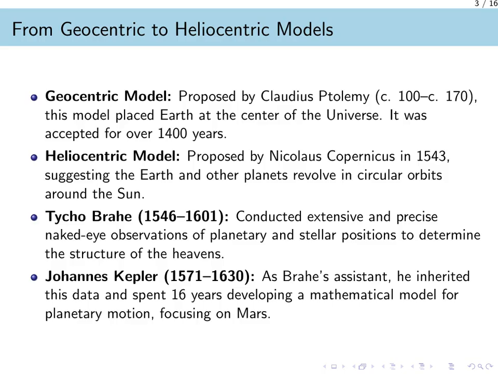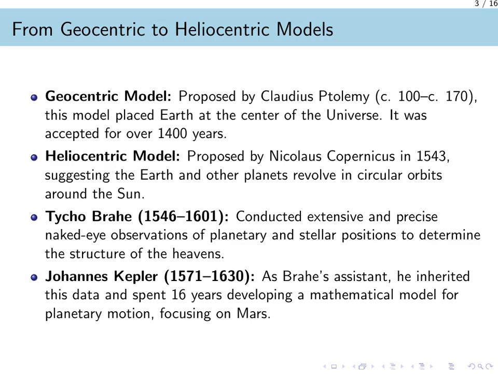The critical next step required moving from philosophical models to precise, data-driven science. This was the contribution of Tycho Brahe, who, without a telescope, compiled the most accurate and comprehensive astronomical observations of his time. After Brahe's death, his assistant, Johannes Kepler, inherited this invaluable data. He spent years performing meticulous calculations to find a mathematical description that fit the observations, especially for the orbit of Mars. This painstaking work of matching a mathematical model to real-world data is what ultimately produced Kepler's 3 foundational laws